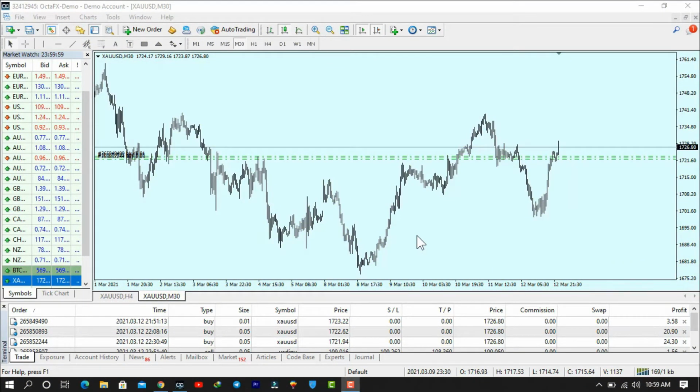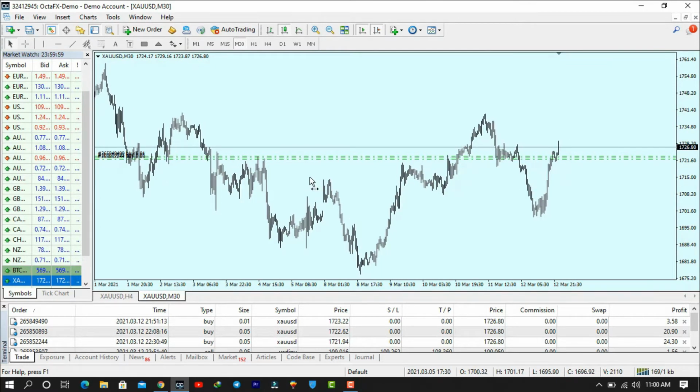In this video, I'm going to explain how to draw support and resistance lines properly. This is a common strategy every trader uses to identify reversals and pullbacks in the market. I have chosen gold on the 30-minute time frame because gold often respects the levels. So I thought, why not make a video and tell you how I took these trades